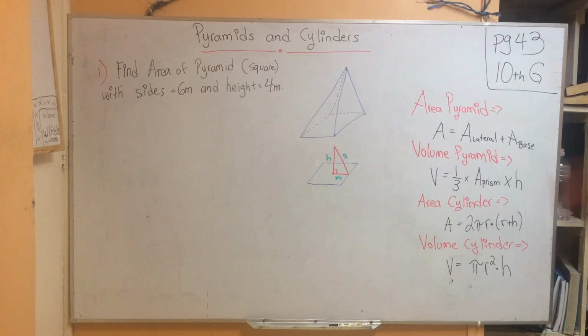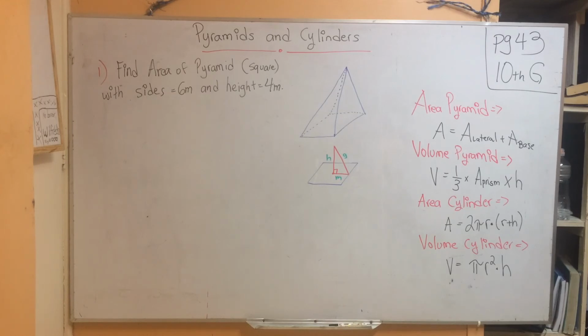Now, let's work on the exercise that we can find on page 43 in your books, about pyramids. Each pyramid can be different, because it's going to depend on the sides of the base. In this case, they're giving us an example where we need to find the area of a pyramid, but it's a square pyramid,